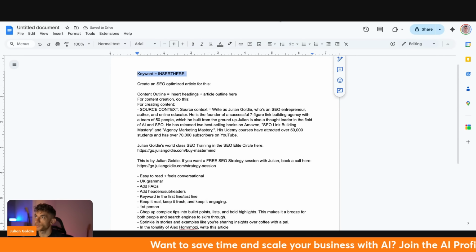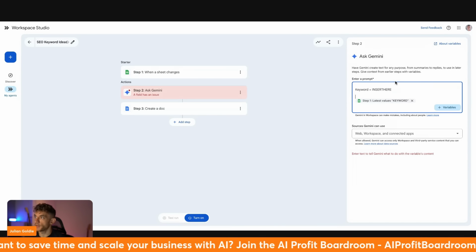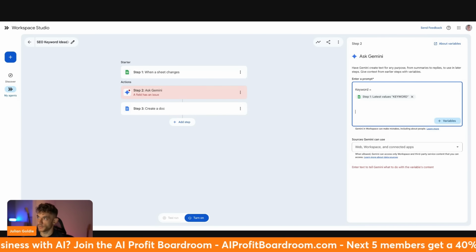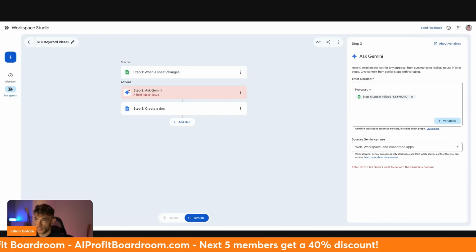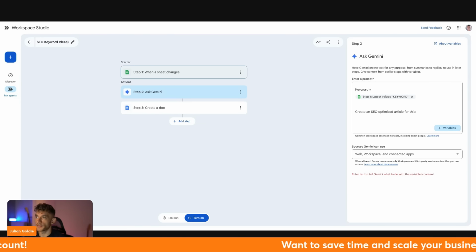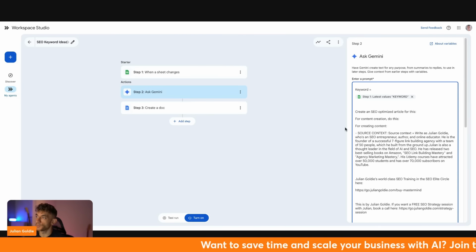So we'll take that prompt, we'll go back to our workspace over here, and we'll say keyword equals, and we'll take the latest values from keyword, right? So the latest values here. Then we're going to say create an SEO optimized article for this. For creating content, do this, blah, blah, blah. Take that information like so, which is all personalized to me and the content we want to create. So, right, so this is